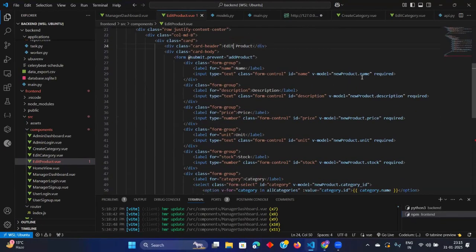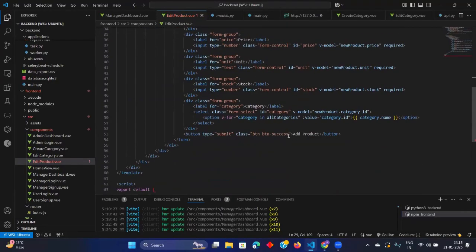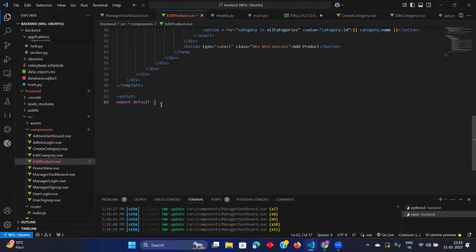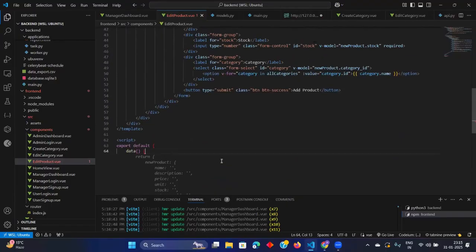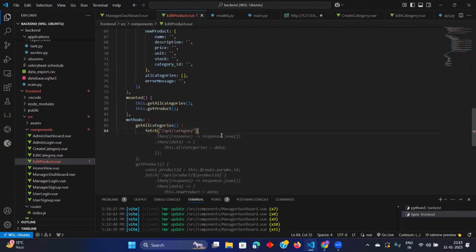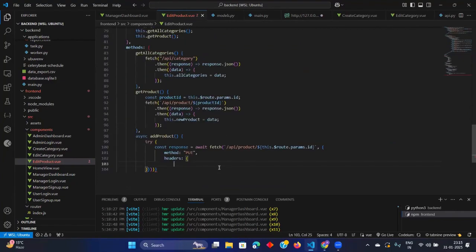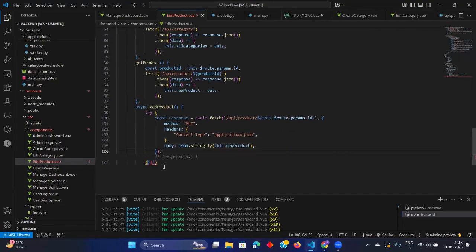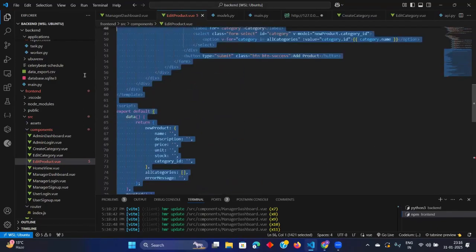Edit product. Now we want to have these values also written here actually. So we will come here with defined values. Instead of this new product, we will have all the values fetched from the backend. See, it is just showing me this. Let me just erase everything now.